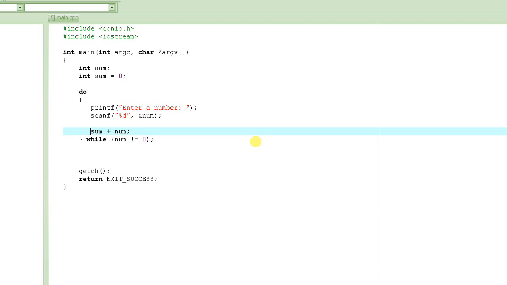You cannot just write sum plus num. It will just add it, but there is no place to keep this value. So we put it back into sum. As we learned before, in algebra this may be a wrong thing to do. Sum is equal to sum plus num doesn't make sense. But in computer programming, it does make sense. What it says is basically you take the previous sum, or the current sum value, whatever the sum is, then add the number that the user has entered, and store that into sum as the new